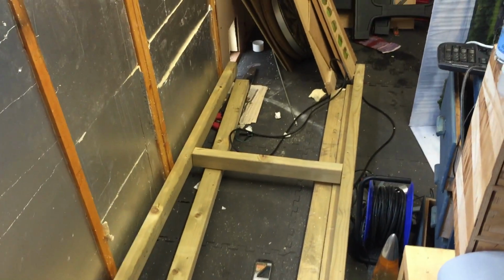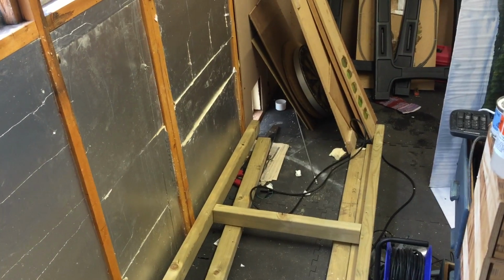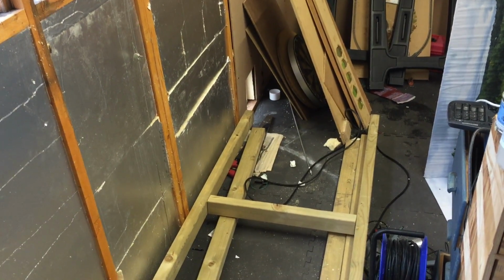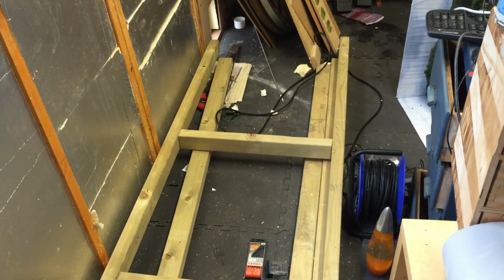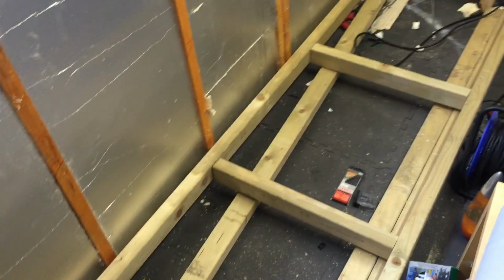Okay, I've had a sort out and I've started building the frames. So the idea is that underneath everything I'm going to build frames to put the scenery and boards on like this. I'll show you in a bit more detail in a sec, but this will go in a U shape around along here and up here,